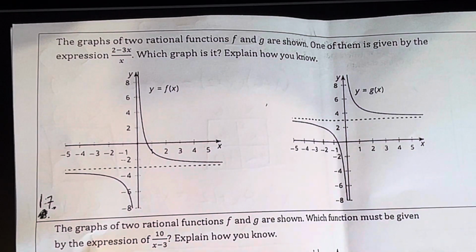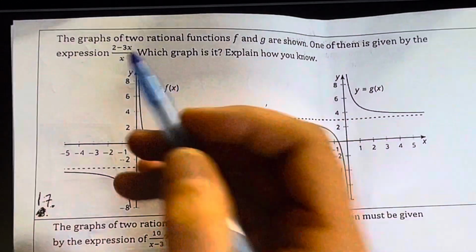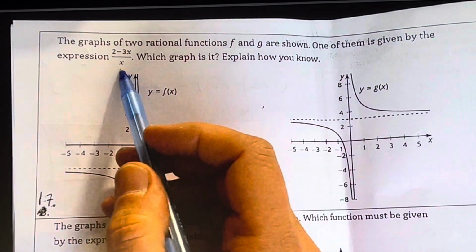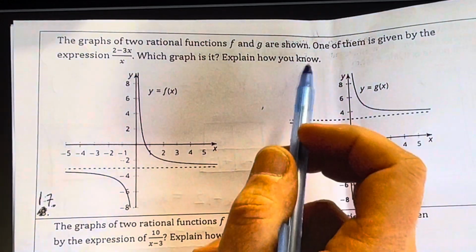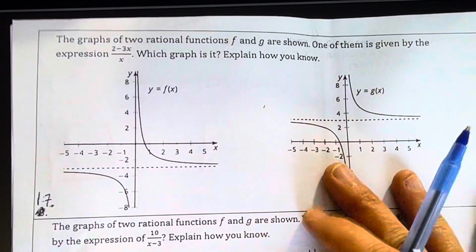All right, question number 17. The graphs of two rational functions, f and g, are shown. One of them is given by the expression (2 minus 3x) divided by x. Which graph is it? Explain how you know. Okay, so